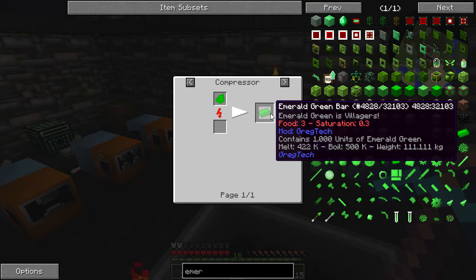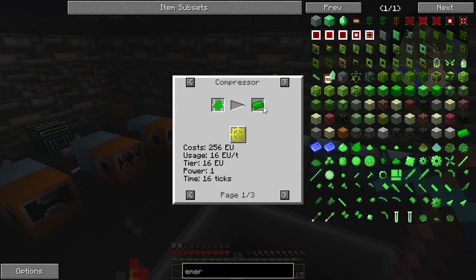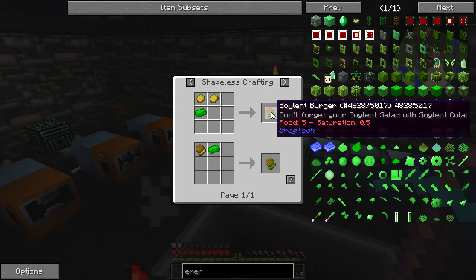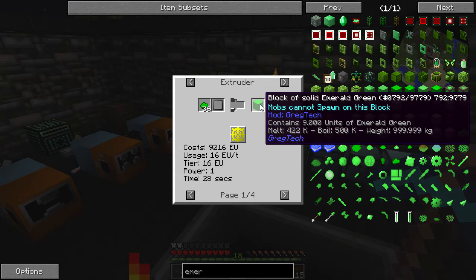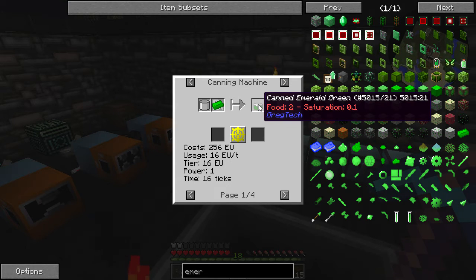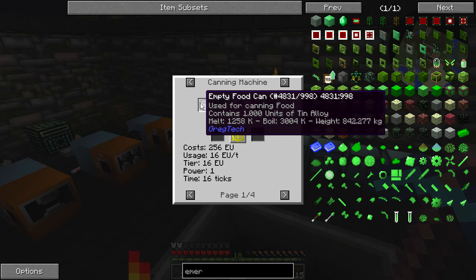You can see it gives you 3 food, 0.3 saturation. And you can make a Soylent burger, which will give you 5 food and 0.5 saturation. And you can make a whole block of this stuff, but apparently you can't eat a whole block. And you've got canned emerald green, which brings up the other thing that he added that has to do